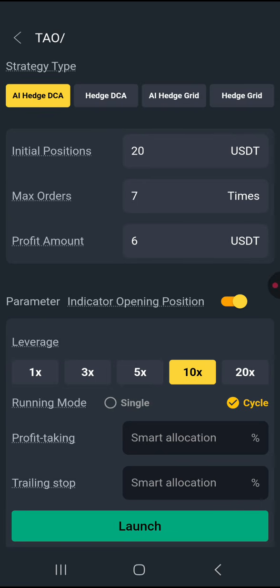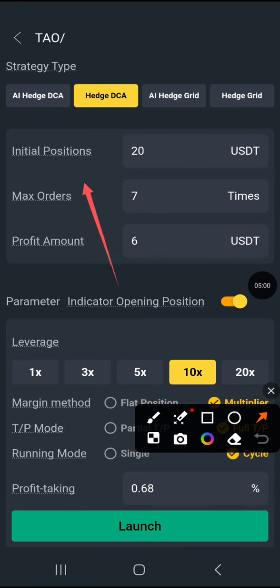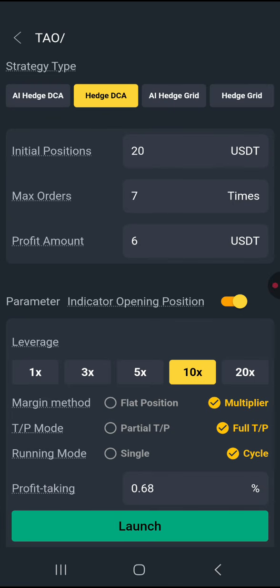So what you do here, you just tap there. Depending on your capital, you decide on the initial position, the max order, and the profit amount to use. Please reach out to me so I can guide you with the best settings for your capital. All right. So as you can see here,